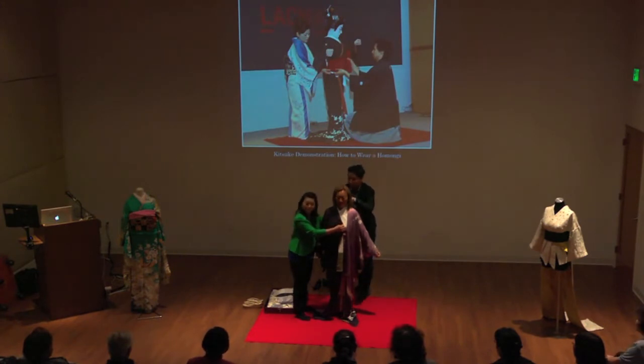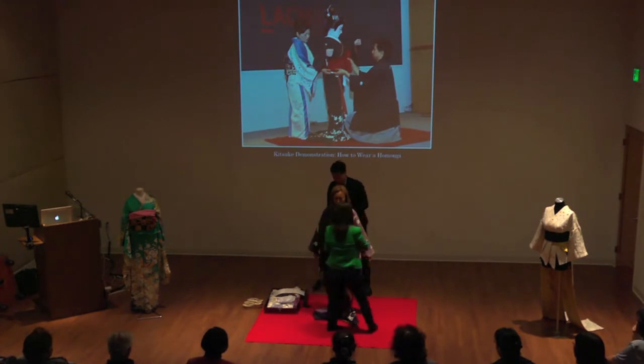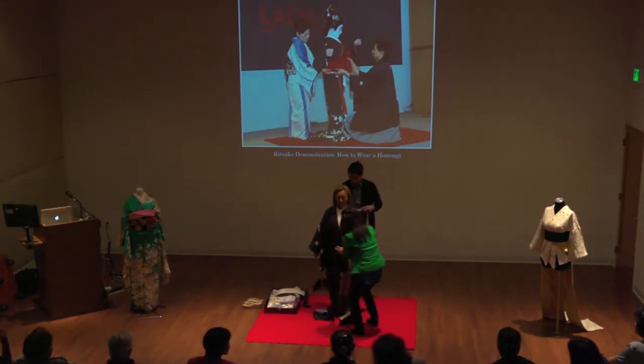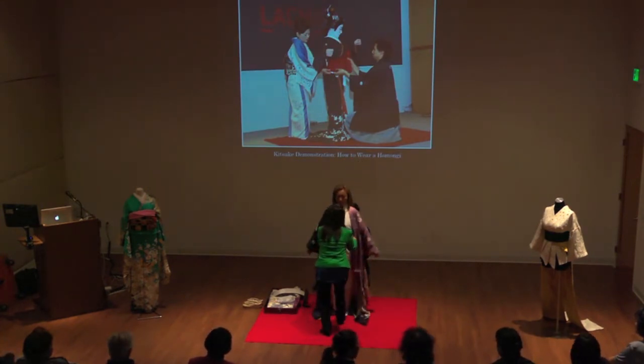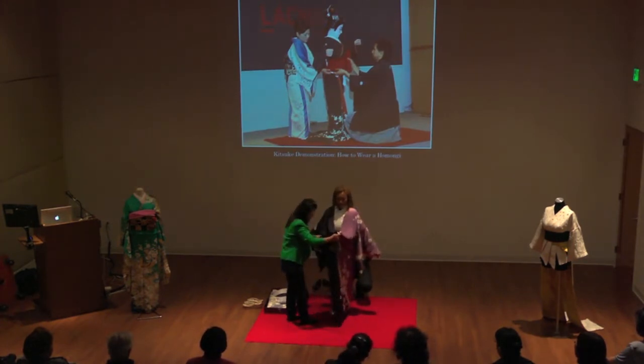Yeah, we wear everything ourselves. And then everybody ties the back themselves. But today I will show you how they wear it. Before getting in, the young lady is looking at glasses, how to wear the kimono. And then I'm going to make sure of her,